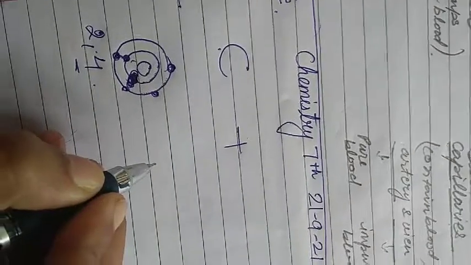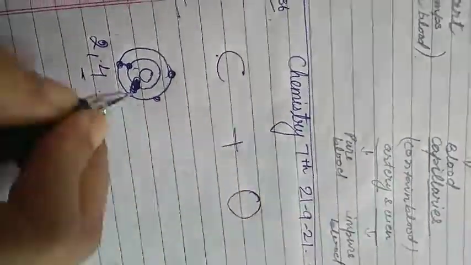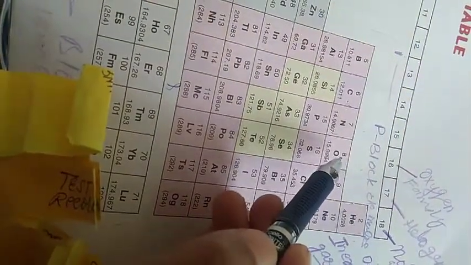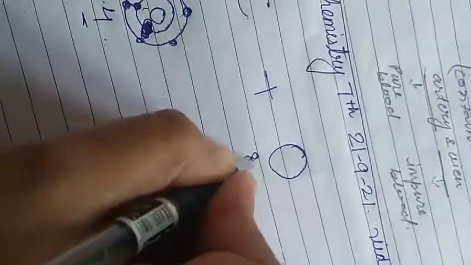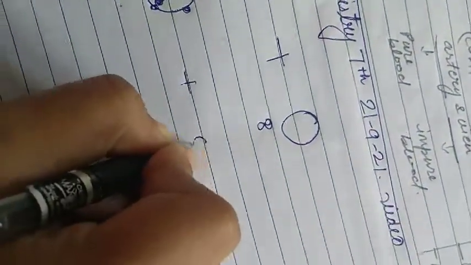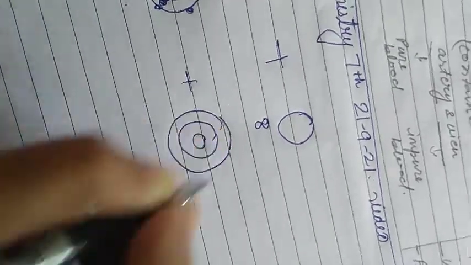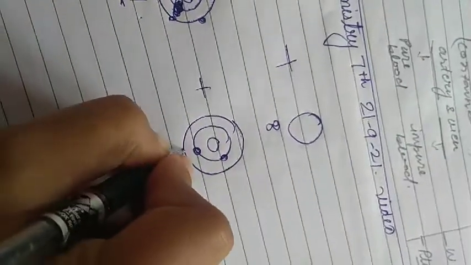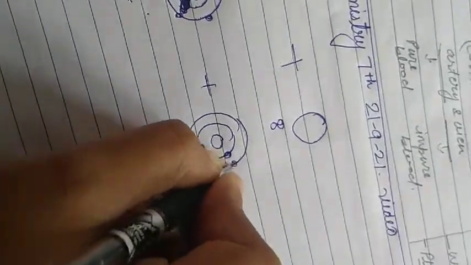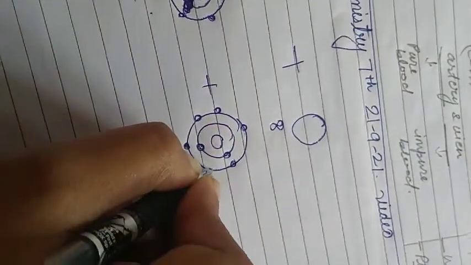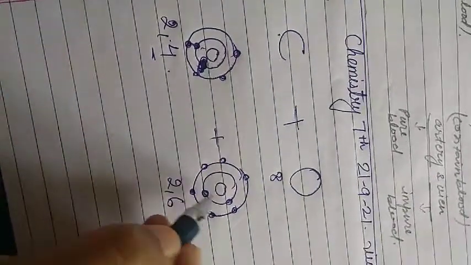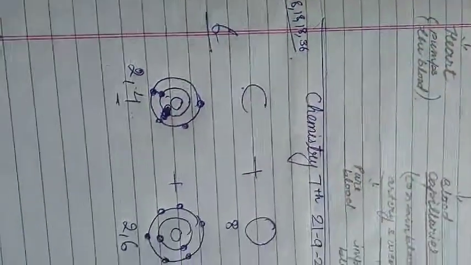So we will take another element, oxygen. Oxygen comes here at number 8, that means its atomic number is 8, so it has 8 electrons. Now we will draw the atomic structure of oxygen. According to the magic number, the first shell will have 2 and the second will have 6. 2 plus 6, 8. 1, 2, 3, 4, 5, 6. 2 comma 6. Done. So how many will be needed by oxygen? Only 2 electrons to be 8 and get this stable structure.